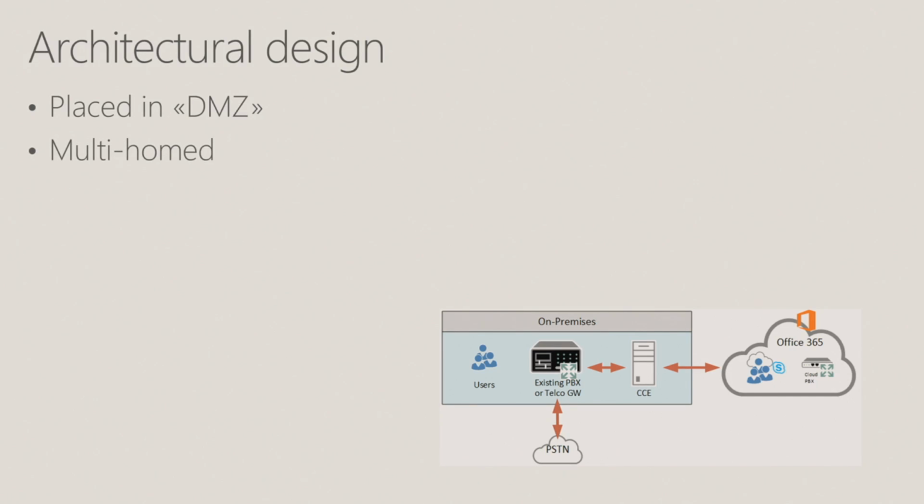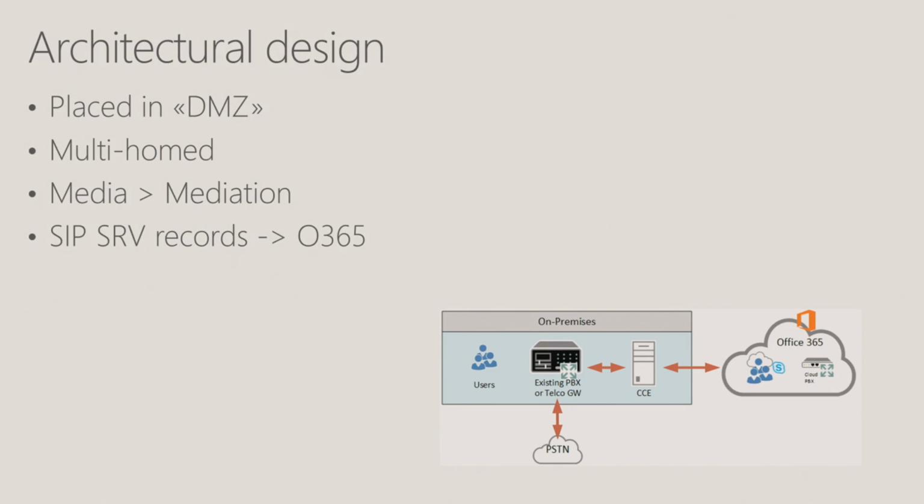It's just like the Edge server. It is multi-homed, one interface on the outside, one interface on the inside. Now that's the CCE server, the host that's running the VM set. Media will always go through the mediation service. So wherever you place this unit, make sure that your users internally can connect to it, unless you want a lot of traffic to trombone over the internet back and forth.